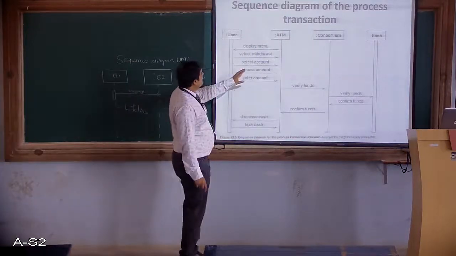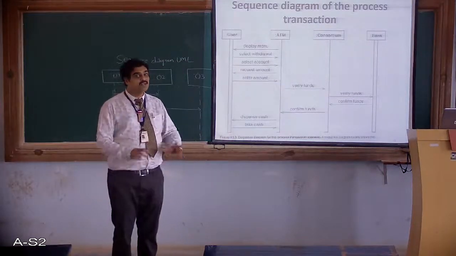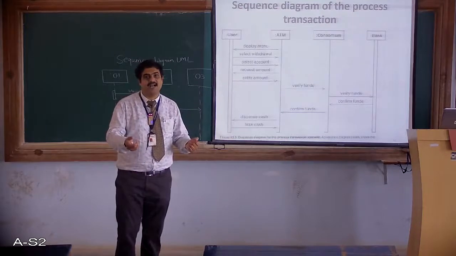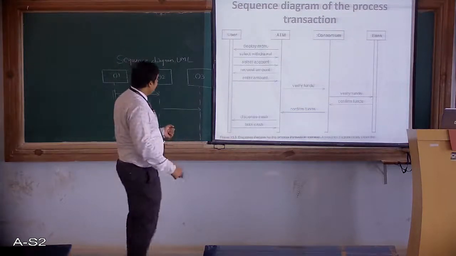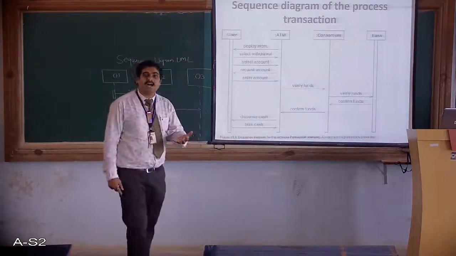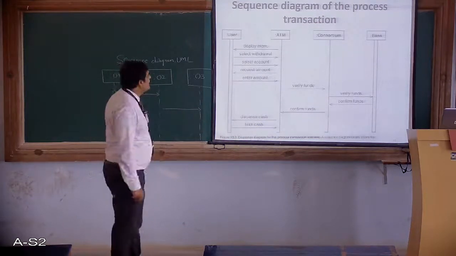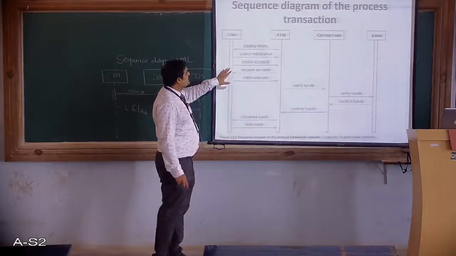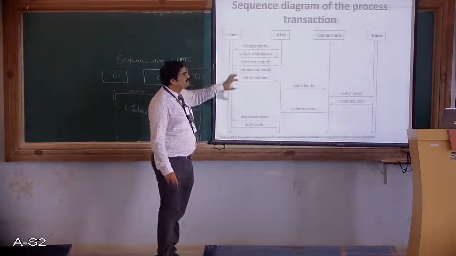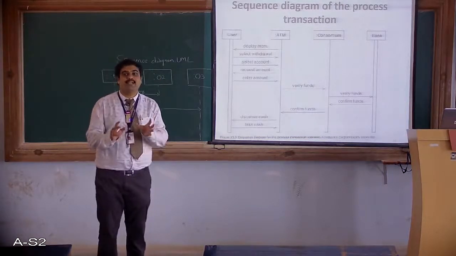Whenever you go to the ATM system, there are two approaches here. One, a user will insert an ATM card and then you will get a menu. Otherwise, the ATM will display the menu and then it will verify the account details. So it is all your thought process how you would like to go about solving the problem. In this particular case, the ATM is displaying the menu, then the user will select withdrawal. Here I would like to make it very clear that they have assumed the authentication of the user.